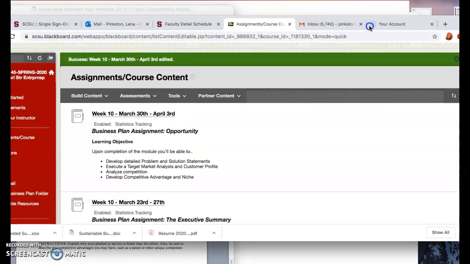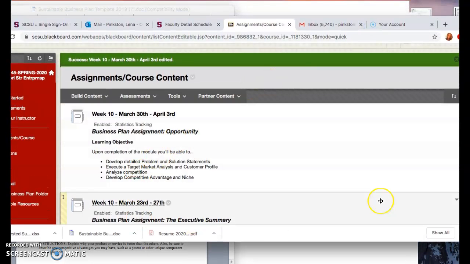I am going to run over the details for week 10 just to make sure everyone is clear. Okay. So, this is your week 10 folder. Okay. So, we're going to be doing the business plan assignment with the opportunity section. Always make sure that you read the learning objectives so you know what you should be doing during that